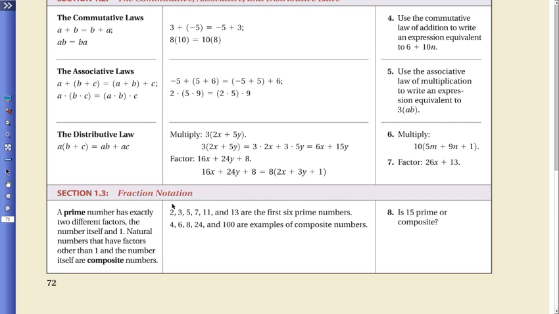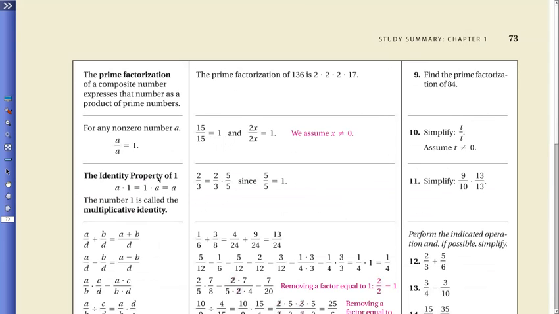Now this is about fraction notation, and this is going to be a tool that we use to help us with fraction notation. And then they say, well, we can do a thing called prime factorization. In fact, there's a rule that says every number has a unique prime factorization. So I can write every number as a unique